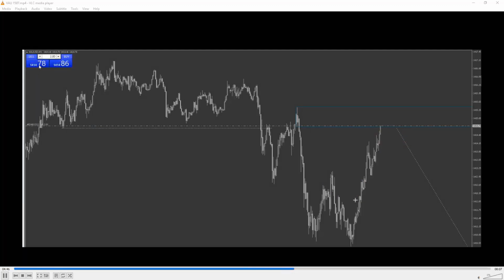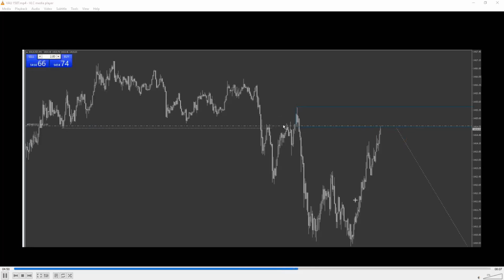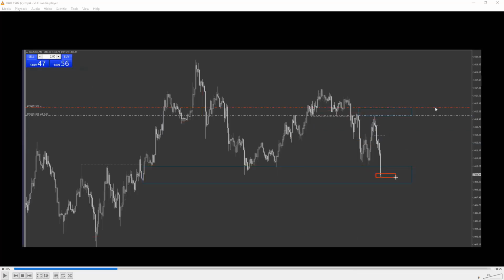There we go. I'm in. Stop loss above the FTR. I can't remember what happens here. I think it's quite a nice reaction. Let's see. I cut this here